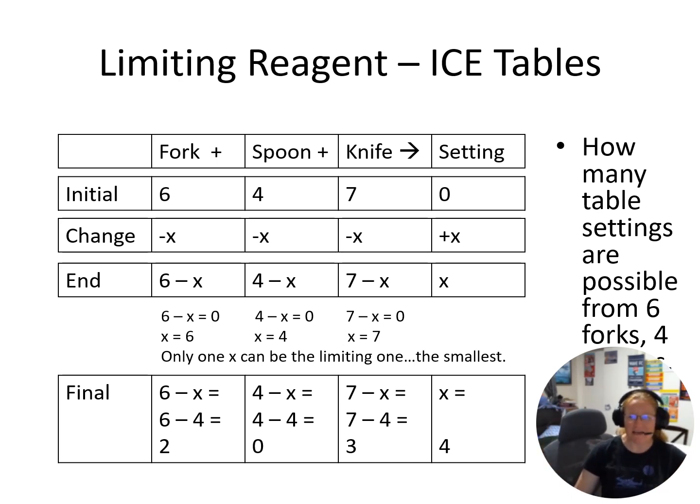All right? Now, we have to figure out which is our limiting reagent. The limiting reagent is the one that runs out first. So at the end of the reaction, the limiting reagent is the one that equals 0. Okay? So at end of reaction, okay, our limiting reagent